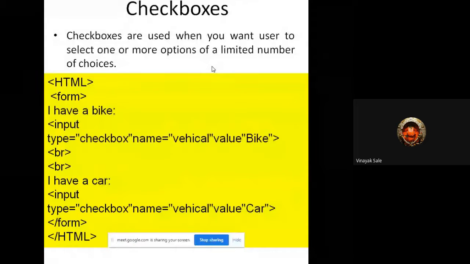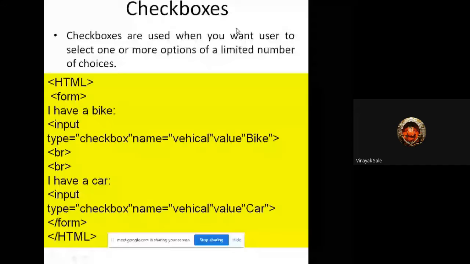I have a bike, also I have a car. Suppose two options are given and I want to select both options, or a number of options, then checkboxes are used.